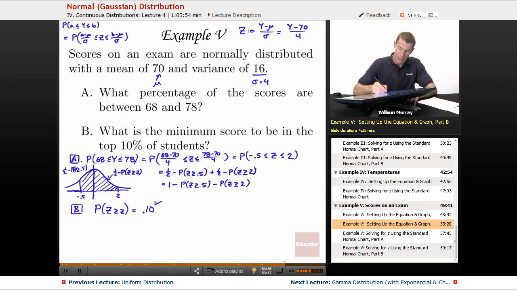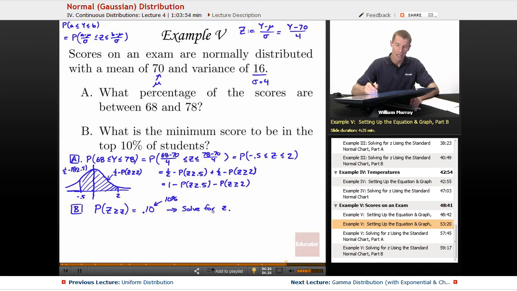So I want some cutoff, and in order to be above that cutoff, you must be in the top 10%. So that's where I'm getting that 0.1 there. And I want to figure out what little z would have to be. Solve for little z, and I'll have to use a normal chart to figure that out. And then I want to figure out what the cutoff score is for that, because that's really going to be